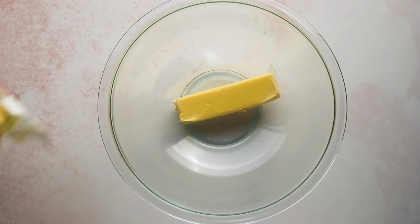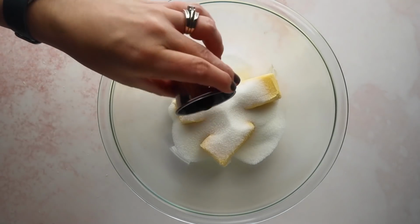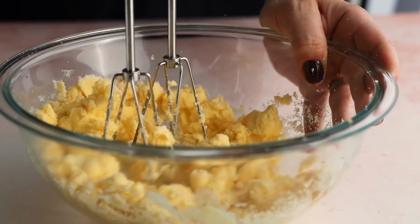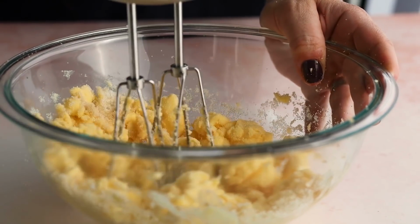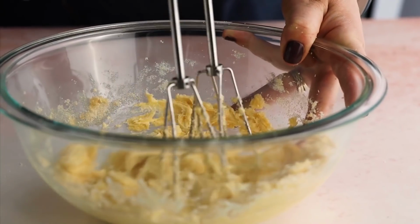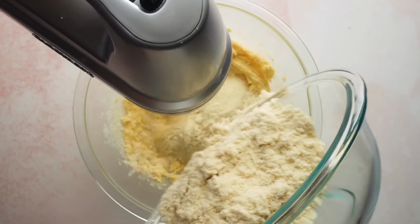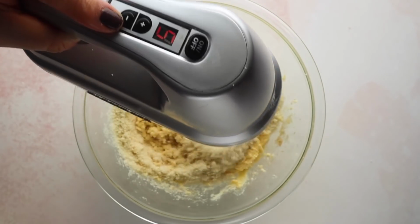In a large bowl, you wanna cream 3/4 cups of unsalted butter along with 1/2 cup of sweetener. I'm gonna be using a monkfruit blend sweetener. You could use the sweetener of your choice, and 1 teaspoon of vanilla. Once that's creamed together and combined, you're gonna slowly add in your dry ingredients, mix it all up until it's combined,